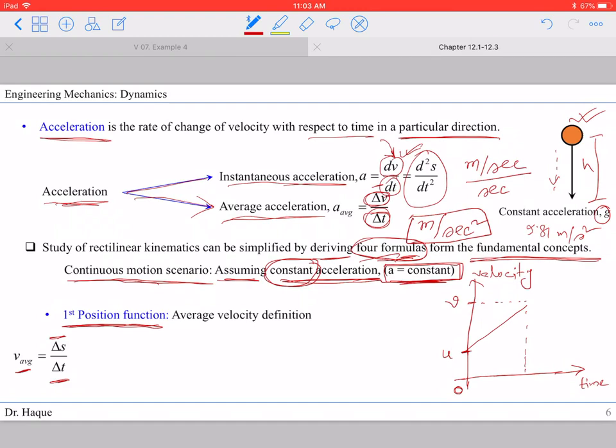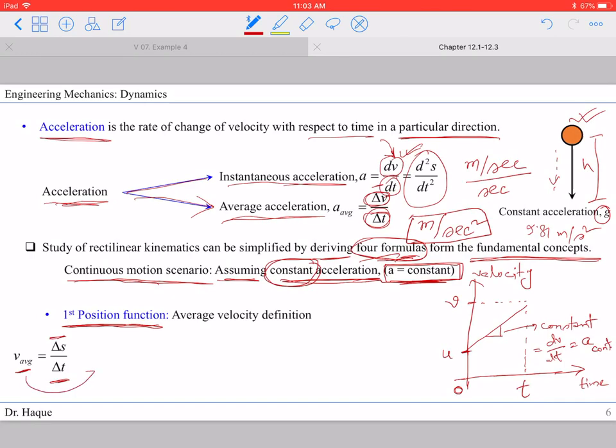And the time is t. And if we take the slope, it's constant. So constant dv equals to dt. Acceleration, that is constant. Let's see. Constant. So now if we